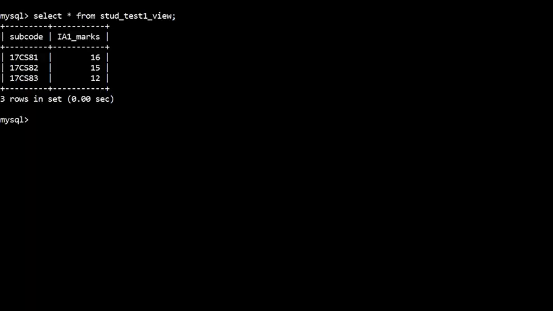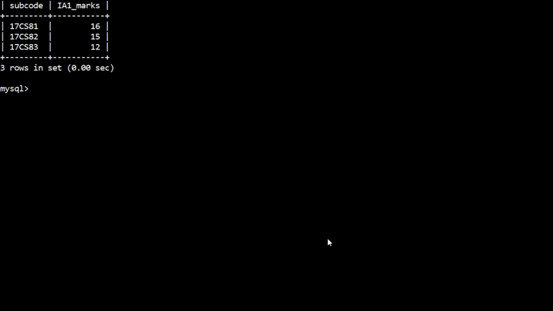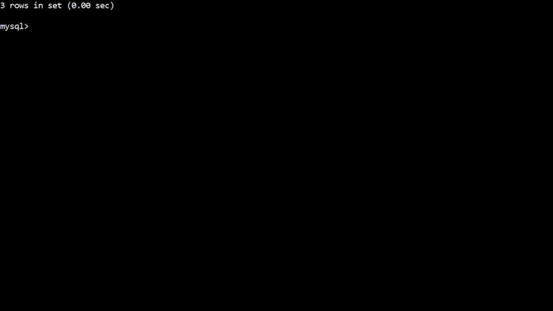To calculate the final IA, we have to write a procedure. How can we write the procedure? While writing the procedure, you will execute some SQL commands within the procedure. The default delimiter is semicolon.